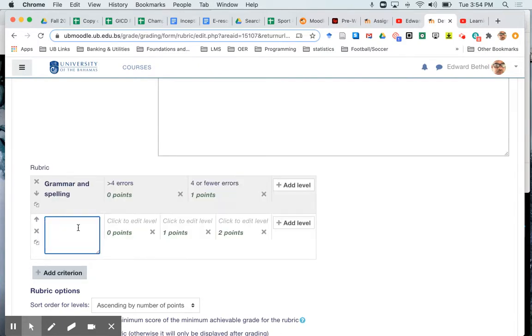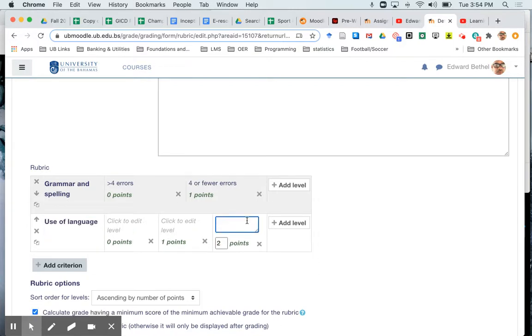The second criterion is going to be the same as before, use of language. So at the highest level, use of language was, what do we say? Variety, sentence variety, appropriate paragraphing, and